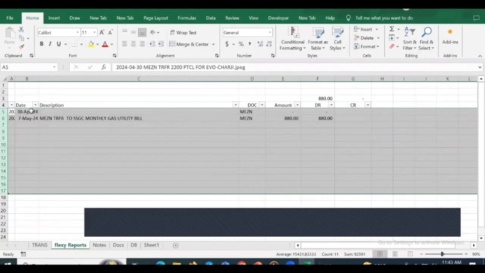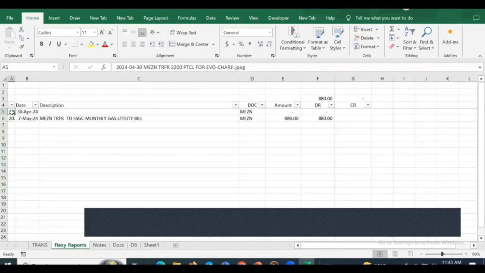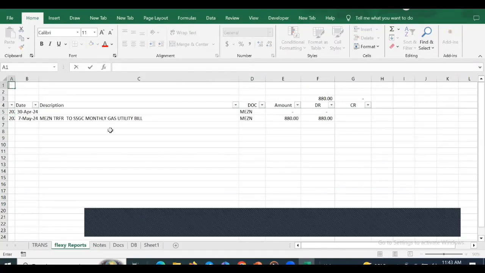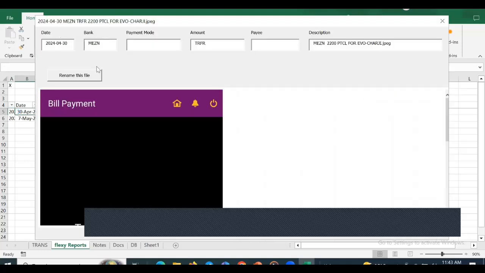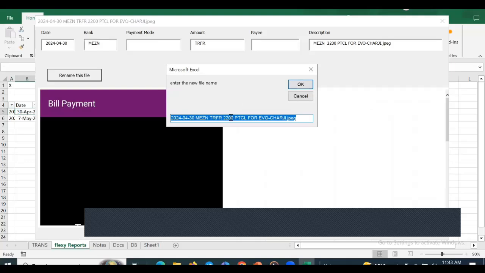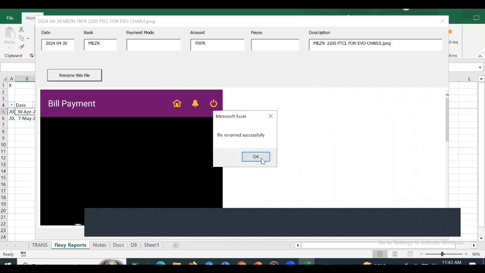Only one thing where the naming convention was not followed or violated, there was an error, because the 2 before the PTCL is missing. It's not that you just put 2 here; there's a way of doing it. In the A1 cell, put a capital X and press enter. Now if you click on it, it is going to open it. At this point, you can click this rename button and put a 2. This way you are making the correction successfully.